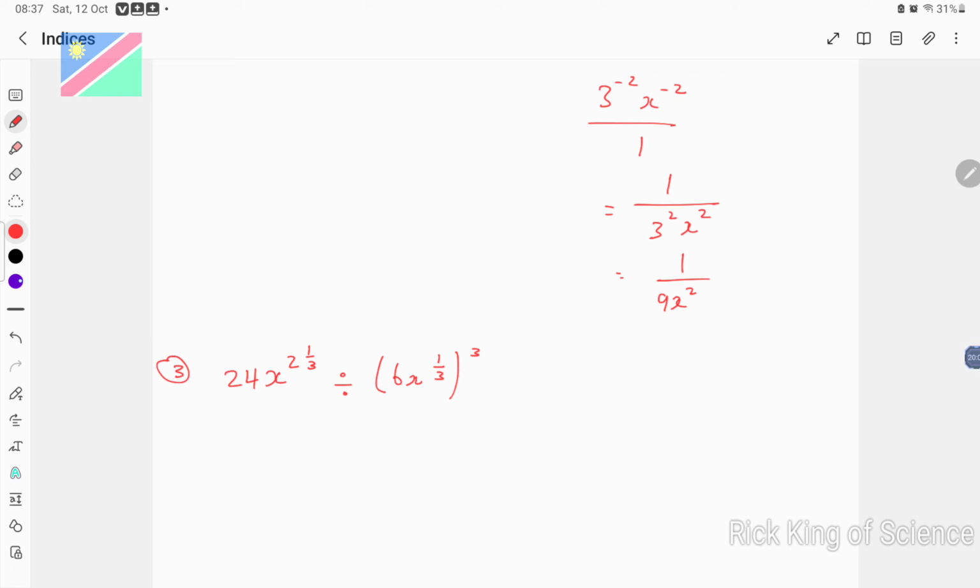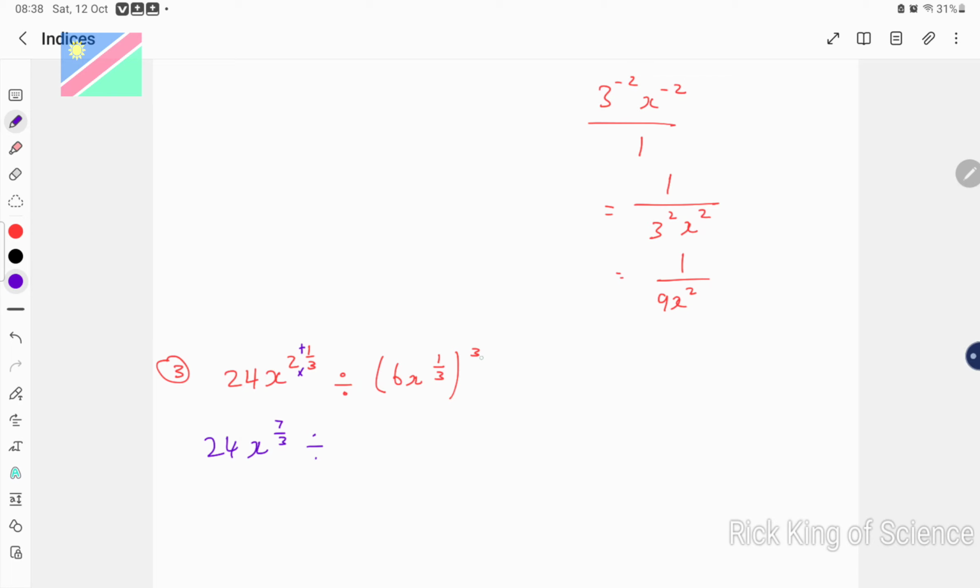Okay, let's move on. Let's go ahead and solve this one. Now in this case, what do you have? Different numbers as well. So what you want to do is always to remove the bracket first, and you can also change this mixed number into an improper fraction. So you'll have 24x, then here you must always multiply and add: 2 times 3 is 6 plus 1 is 7. So this is 7 over 3 divided by,